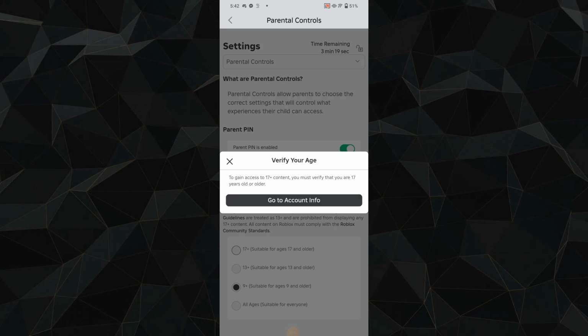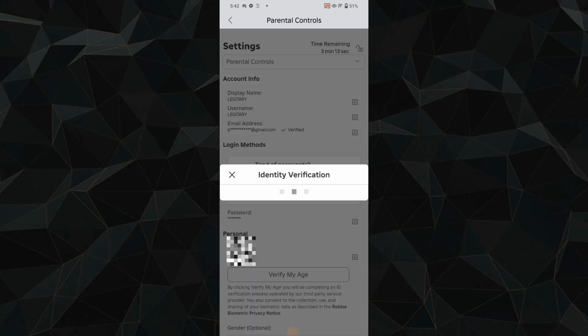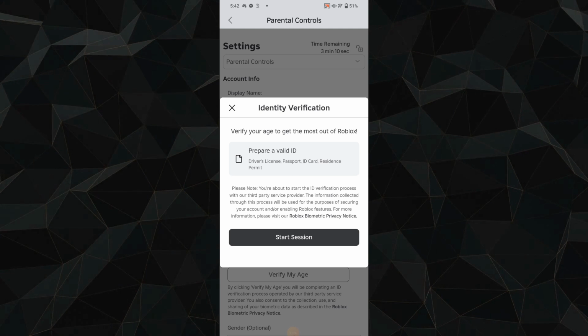In order to do that, tap on Verify My Age, and then you need to prepare a valid ID in order to confirm your age.